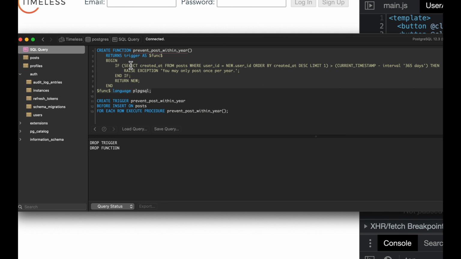We have a condition. What we're doing is we are selecting the created at column from the post table where the user ID is equal to the new.userid. New is a keyword we can use to access the incoming post. That's something that we get by nature of the type of trigger we have, and I'll be going over that in just a second. The new record coming in is going to have all the same columns as any other post record, so we can access the user ID for this post using this notation,